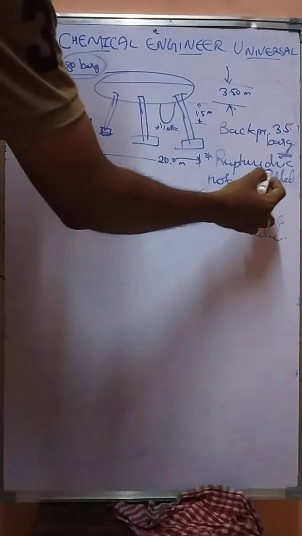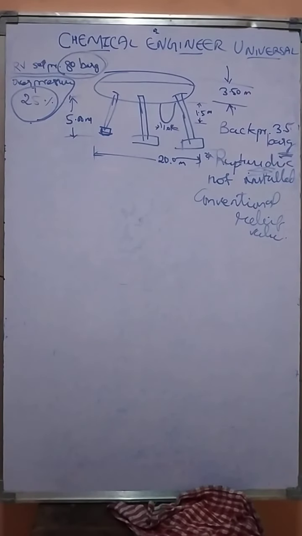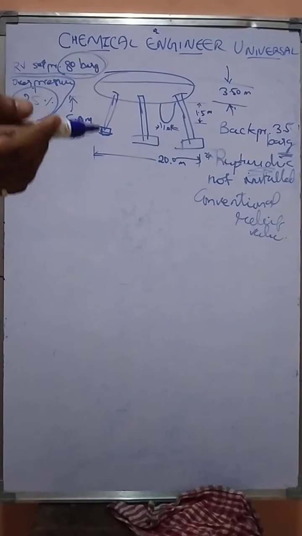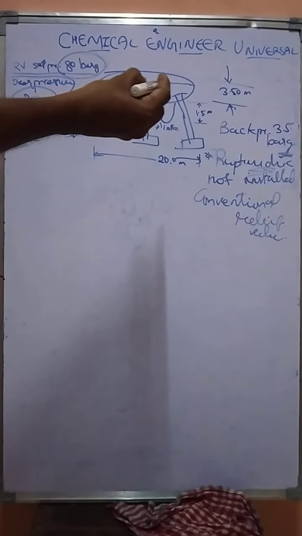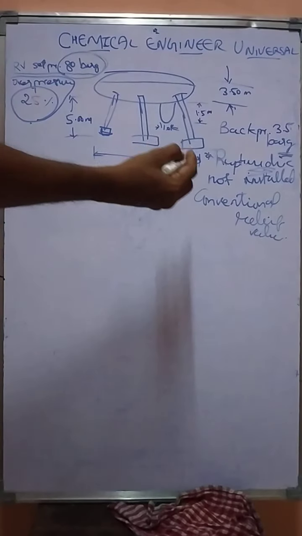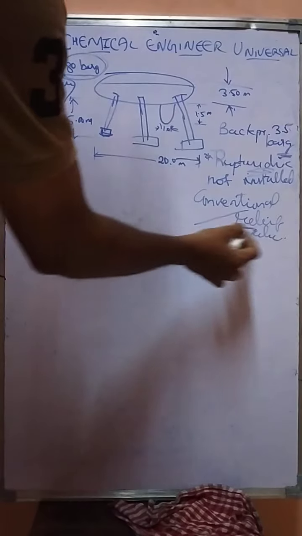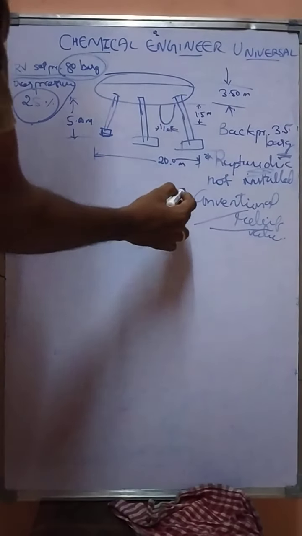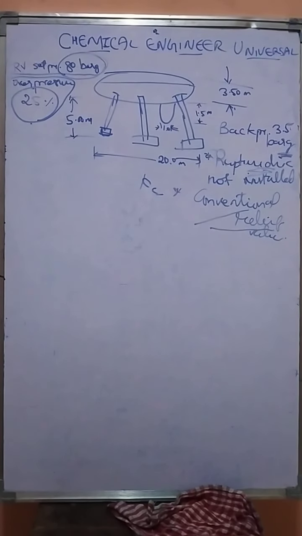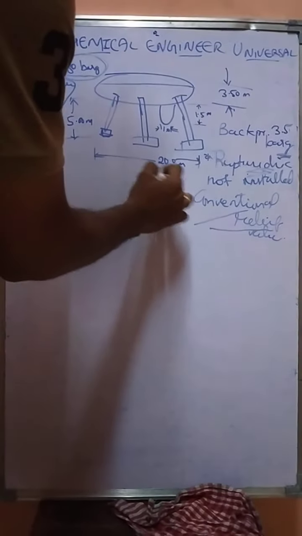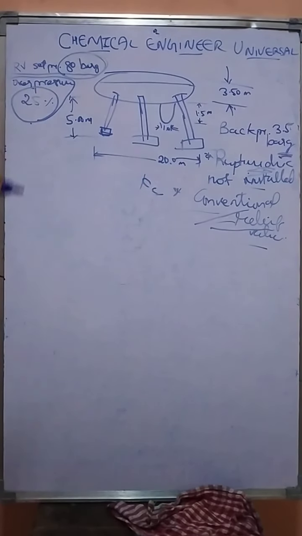In this case, we are using the rupture disk, so that is also mentioned, because based on this only we have to calculate the constants KD, KB, KC. The capacity correction factor KD is decided based on the rupture disk availability. The next is conventional type, given to find the KC value, the combination correction factor. So these are all the requirements we got. Now we will go to the problem.